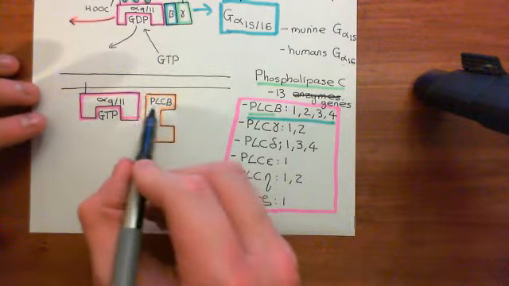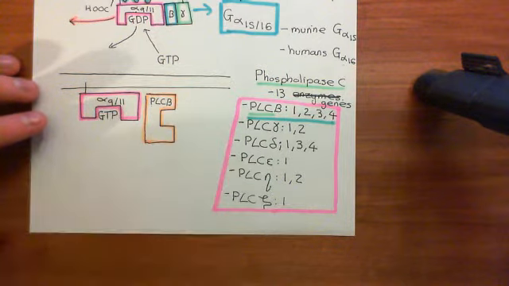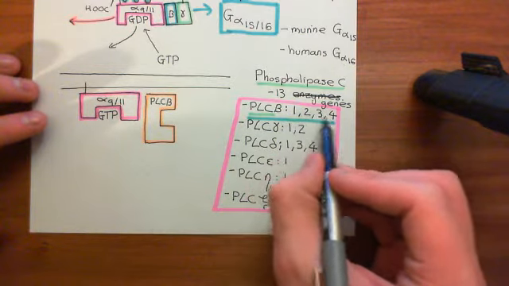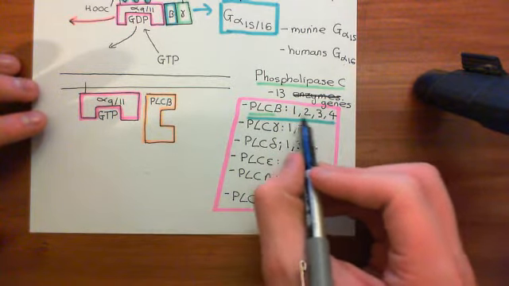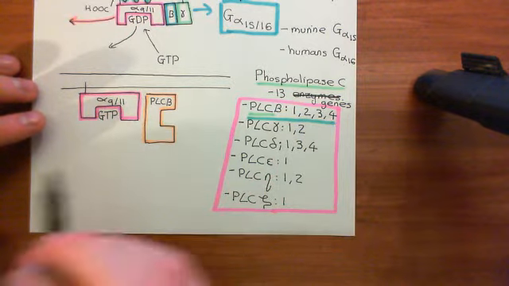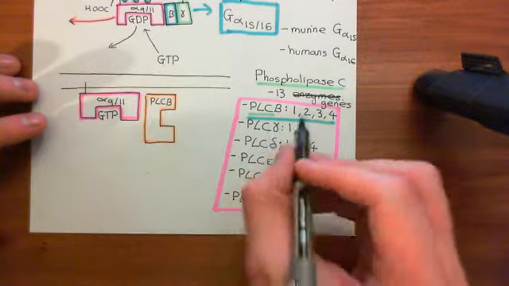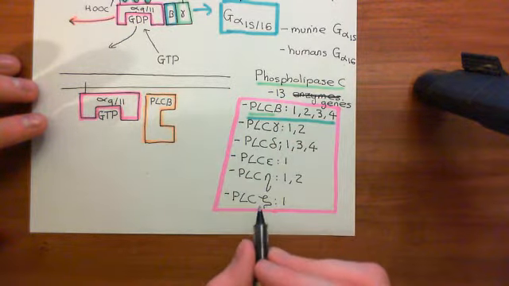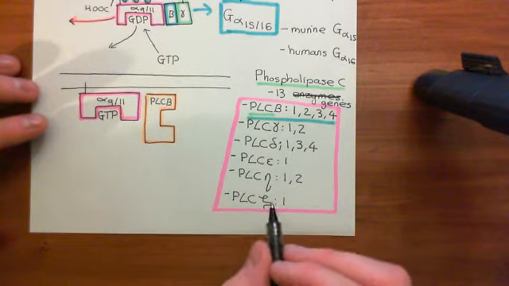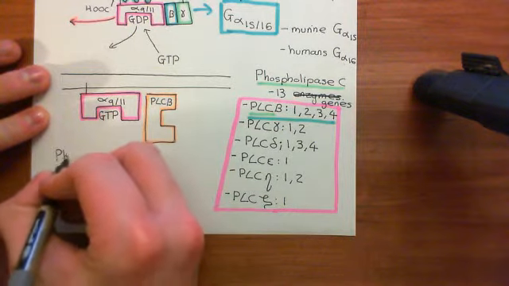So now this has come along and bound to this phospholipase C beta enzyme. Okay, so it's a protein coded for by one of these 4 genes here, although there are multiple splice variants for some of these genes. Okay, what is this enzyme now going to do? Well, it's going to do what all phospholipase C enzymes do. It's going to break down phosphatidylinositol 4,5-bisphosphate. Okay, so I want to talk about this molecule,